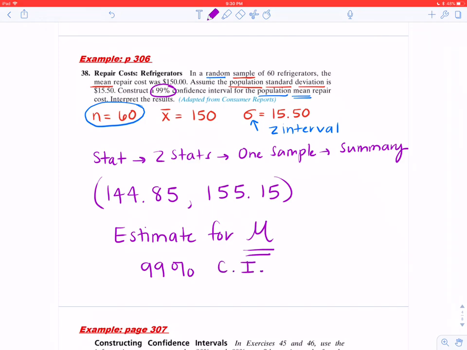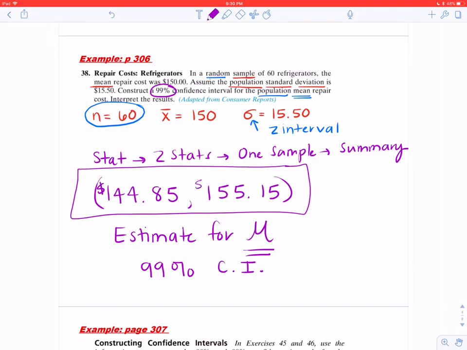This was a 99% confidence interval. So what we've done right here is exactly that. We have estimated the population mean with a probability of 99%, and we're stating that that population mean falls somewhere between $144.85 and